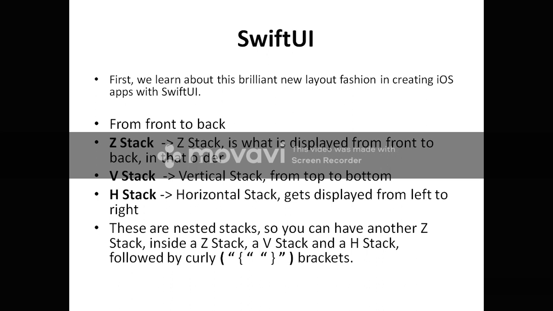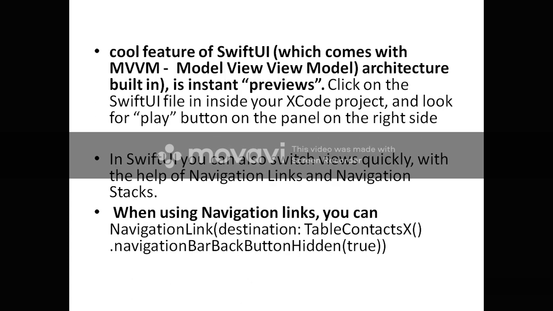V-Stack, also known as vertical stack, is used to display from top to bottom. H-Stack, also known as horizontal stack, gets displayed from left to right. These are nested stacks, so you can have another Z-stack inside a Z-stack, V-stack, and H-stack, followed by curly brackets like this. This is a cool new feature of SwiftUI which comes with MVVM, which is Model View ViewModel architecture